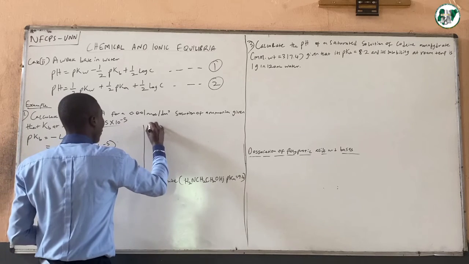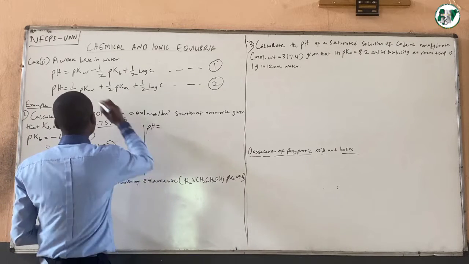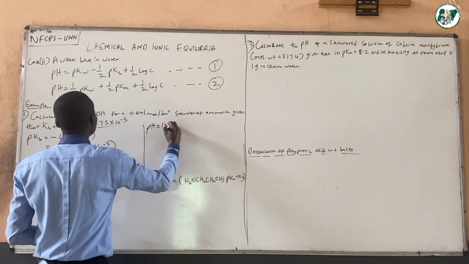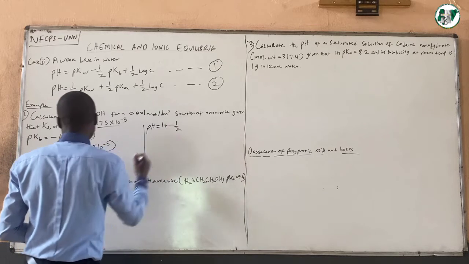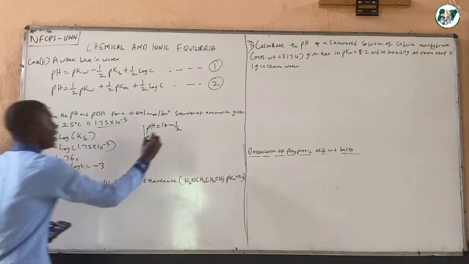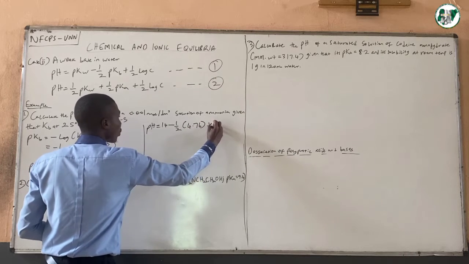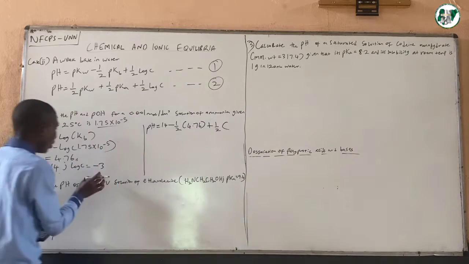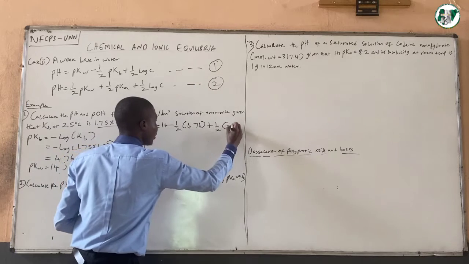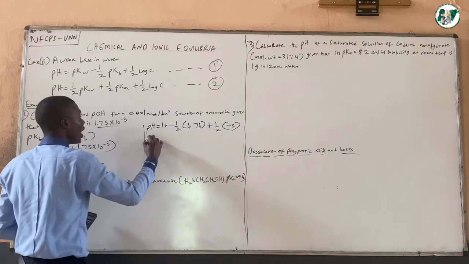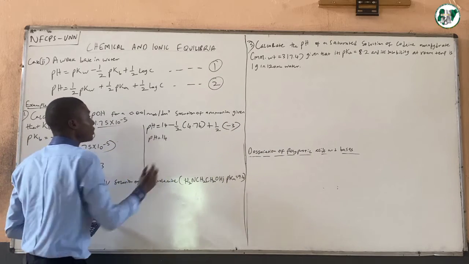The first one, we are going to have pH equal to pKw. What's pKw? 14 minus 1 over 2. What's our pKb? Our pKb is 4.76 plus 1 over 2. What's our log C? Our log C is minus 3. So we're going to have pH equal to 14